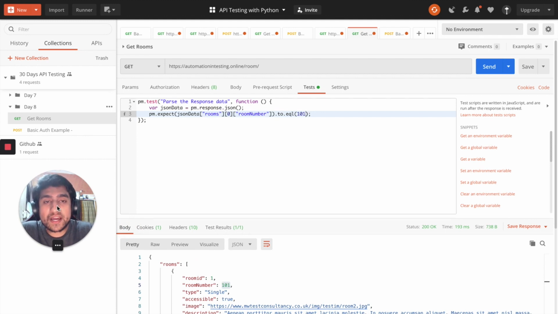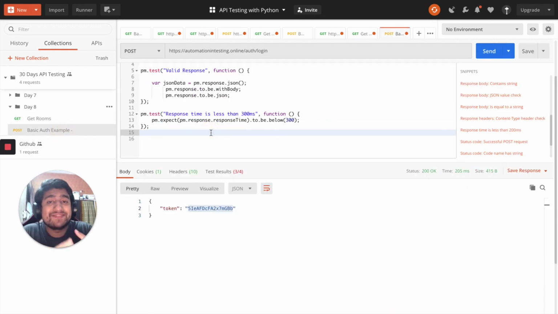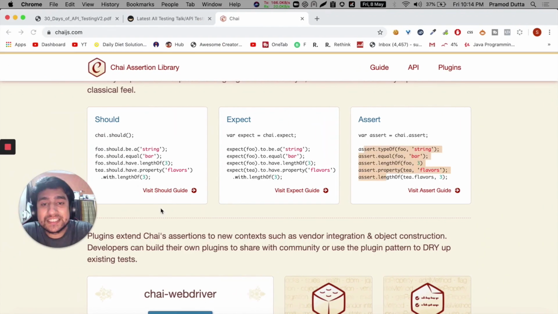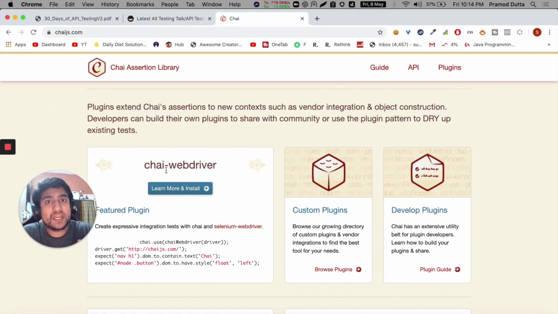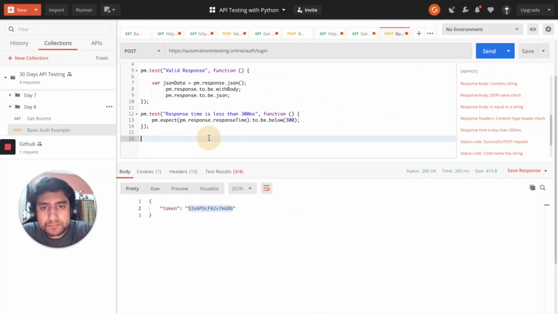Why I'm suggesting that parsing the response data and checking it basically means that if you have dynamic values, it is not recommended to parse the values and check them. For example, if I'm making an API request for student number 2 with roll number ID 2, I know that it will be a 2, so I'm checking that 2 should come. That's where you can use it. Or in this case, you can check whether the token is not null. We can do that in the future where you will understand Chai JS and all. There are cases related to should not be, should be, something like this, that you can also use here.